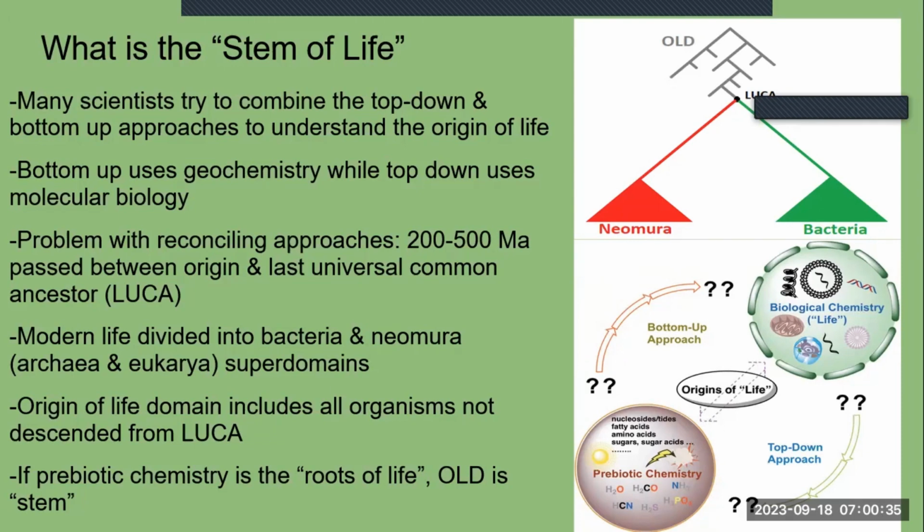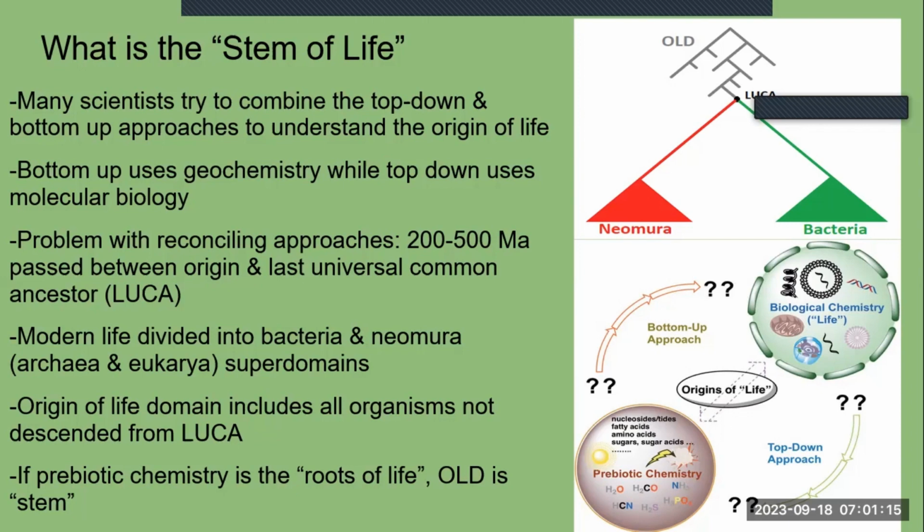An approach often used by astrobiologists is to combine the top-down and bottom-up approach to study the origin of life. The bottom-up approach studies prebiotic chemistry, while the top-down approach utilizes comparative molecular biology. The problem with combining these approaches is that they lead you to very different places. This isn't because either is inherently flawed. It's that the top-down approach leads you to LUCA, while the bottom-up approach will take you to the origin of life. And between 200 and 500 million years passed from the first cells to the common ancestor of everything alive